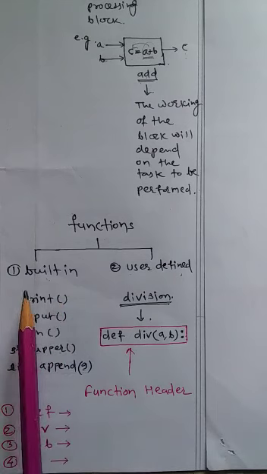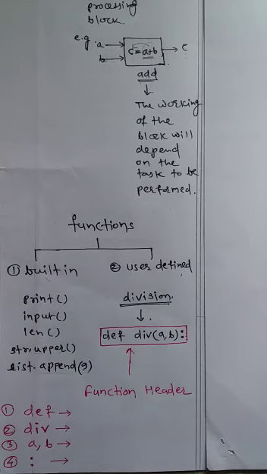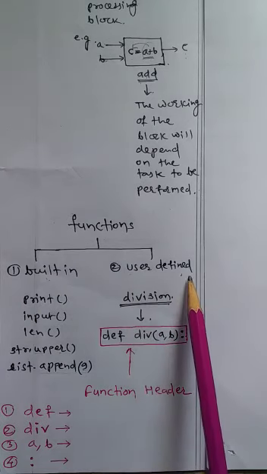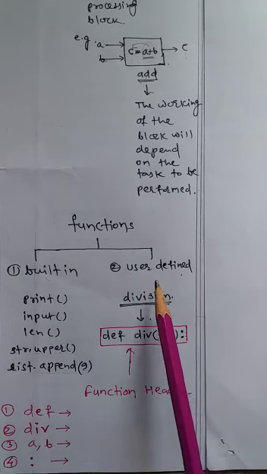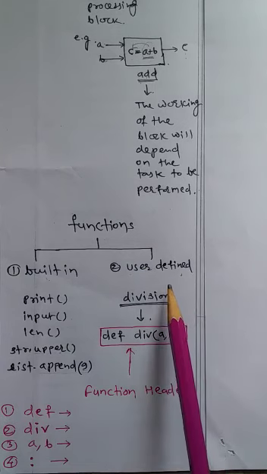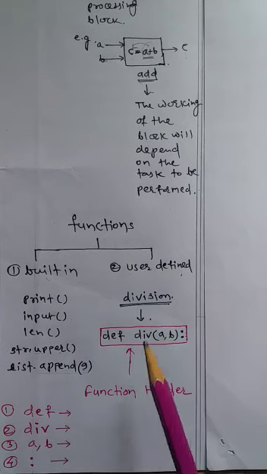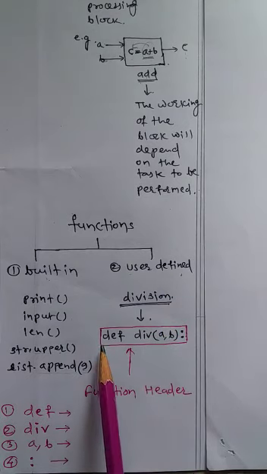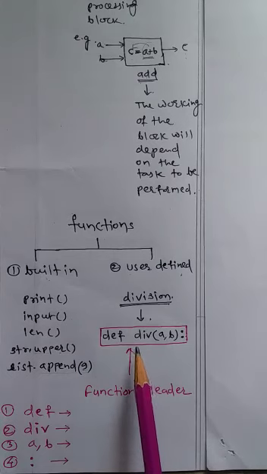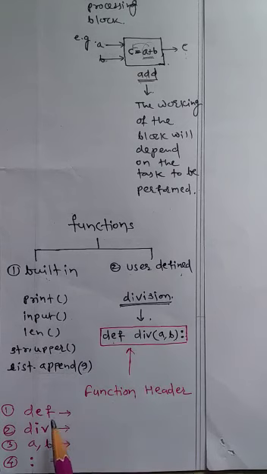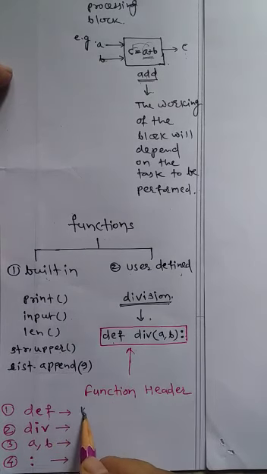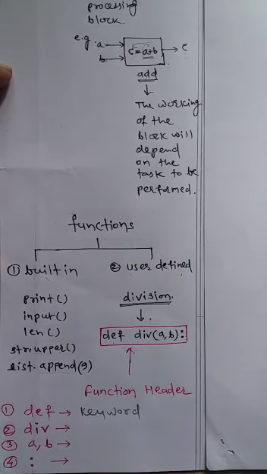They are available, and the functions that we, the users, write are termed user-defined functions. For example, in the previous class we have seen one function, we have written one function related to a division operation when we were talking about the division by zero error. How did we write that function? If you recall, here I am writing the starting of the function. Normally we call it a function header. So what does this function header contain? It contains the keyword def. This keyword def we need to use whenever we want to define our own function.